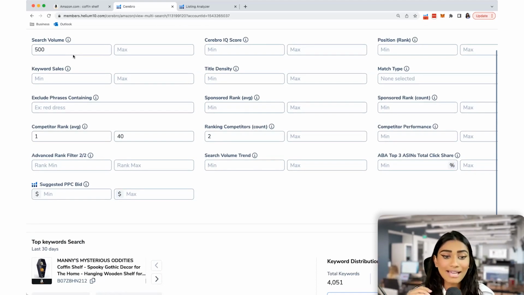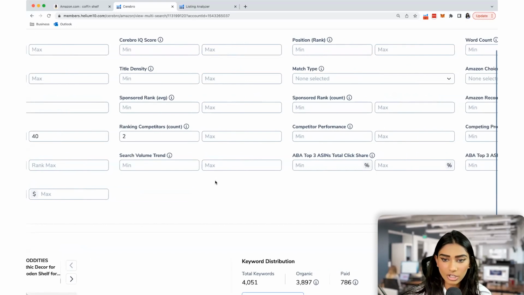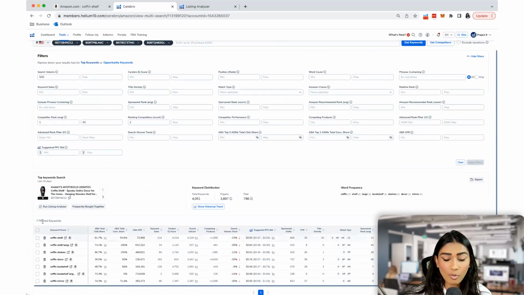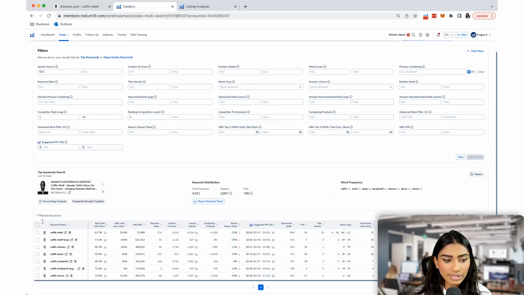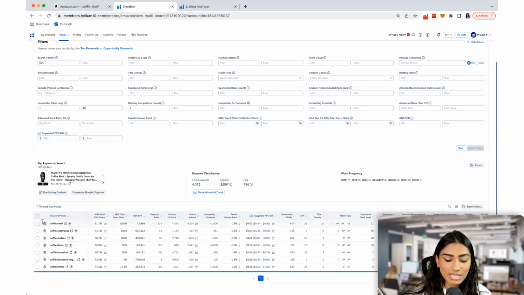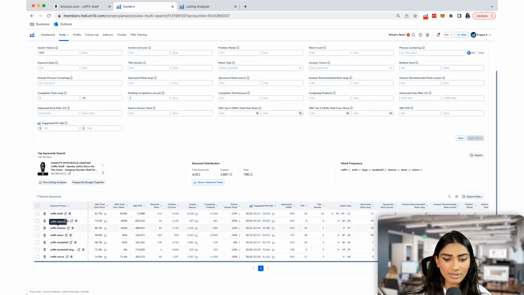You also have at least 2 of those 4 ASINs. We talked about this a little bit earlier in this video, where 2 of those ASINs are showing up 1 through 40 in those positions. And then, of course, if we take a look down below, we went from 4,000 keywords to only about 7. So these 7, I will want to make sure that they're relevant. 7 is maybe not the most amount of keywords. And you might look at this and be like, oh, only 7 keywords. Well, remember, guys, there was about 4,000 keywords. And these 7 specifically are based off of those 2 of 4 ASINs competing.